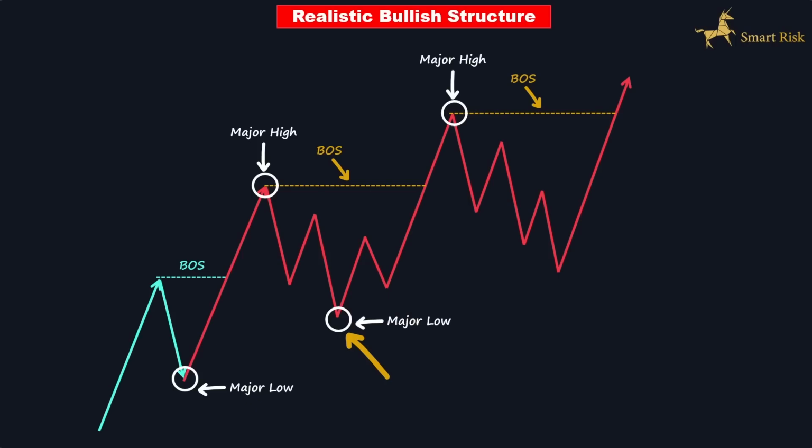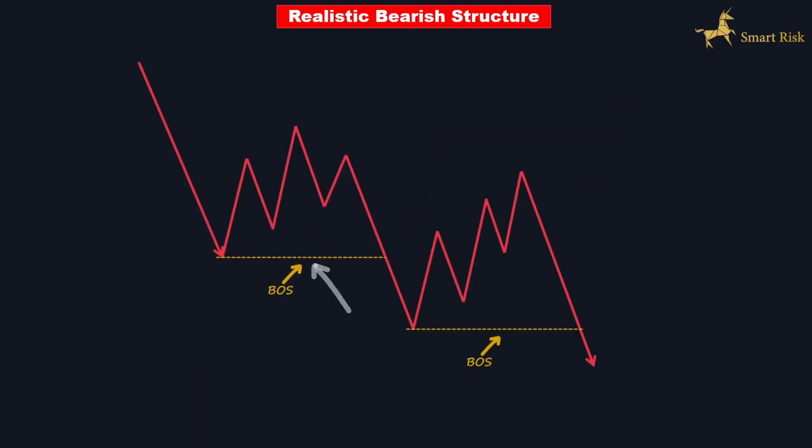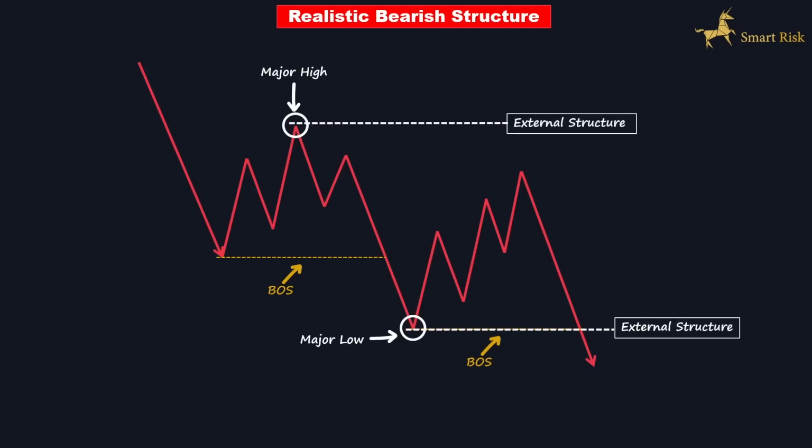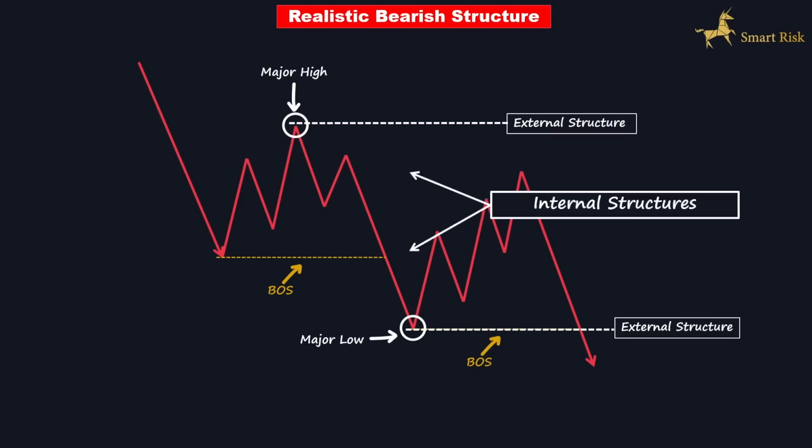of structure. Moving on to the bearish scenario, which is simply just the same as the bullish scenario, initiating the bearish wave leading to a break of structure. Additionally, we have a major low, marking the lowest point the price reached after the break of structure. These two structures, the major high and low, constitute our external structures, while everything formed between them is considered internal